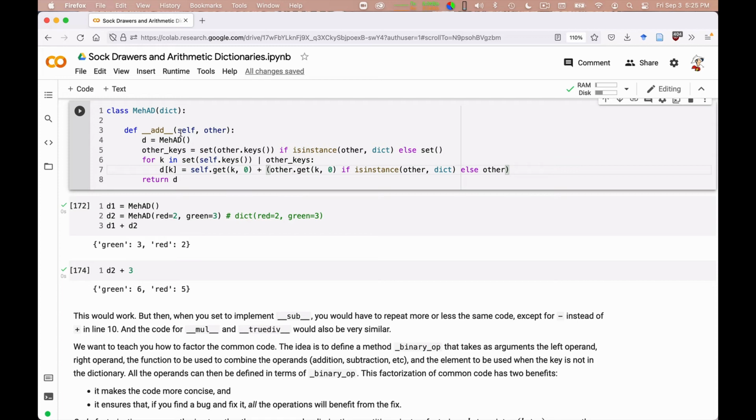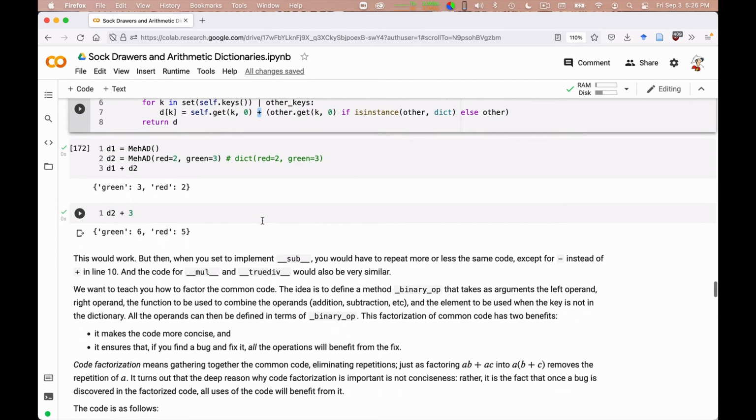It's not so much that there is more code in front of your eyes, it's that if you have multiple copies of your code, the first time you cut and paste, but then when you fix or improve your code, it becomes very difficult to remember to apply your fix or improvement to all the various copies you have in your code. So I want to teach you how you can factor together this code for addition so that we will be able to specify only the neutral element and the operator and derive all the other operations from it. Okay? So this will be done in our real class.